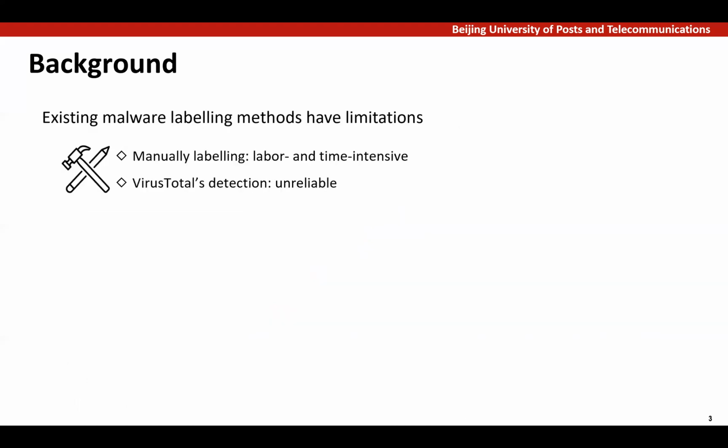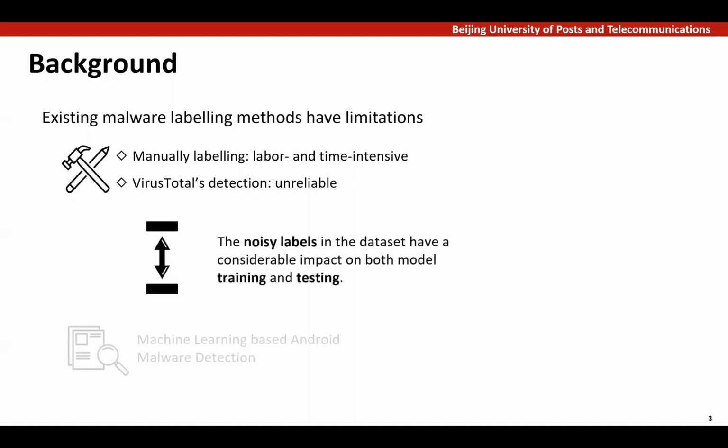In such work, both model training and testing rely on a set of apps and their associated labels. Typically, the labels can be either automatically labeled by antivirus services such as VirusTotal or manually flagged by security experts. However, they have limitations. Manual labeling is labor and time intensive. The results returned by VirusTotal are shown to be unreliable. The noisy labels in the dataset have a considerable impact on machine learning-based malware detection research in both model training